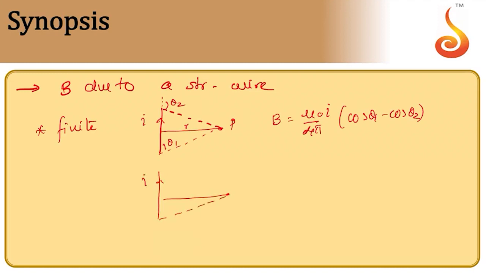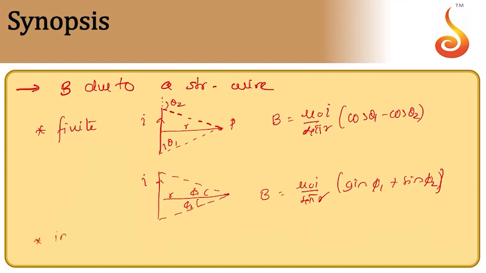If I consider the angles as say alpha and beta, or say phi 1 and phi 2, then we can also write it in this form. For example, say phi 1 and phi 2, then this being r, the magnetic field at this point is given by mu naught I by 4 pi r into sine phi 1 plus sine phi 2. Any of these representations is perfectly fine. So this is the magnetic field due to a straight current carrying conductor.